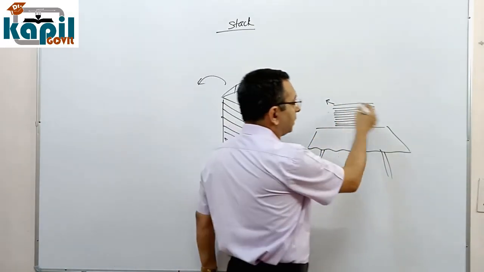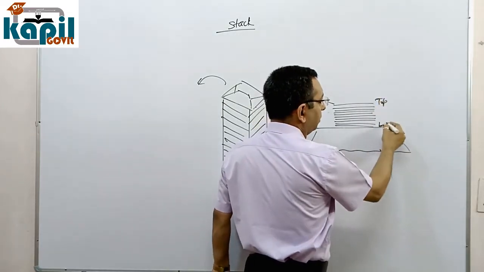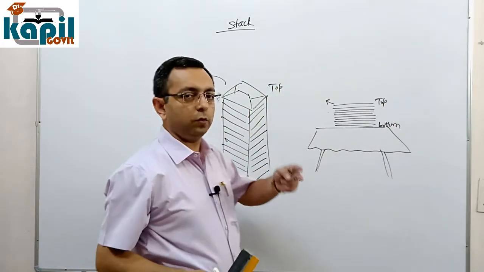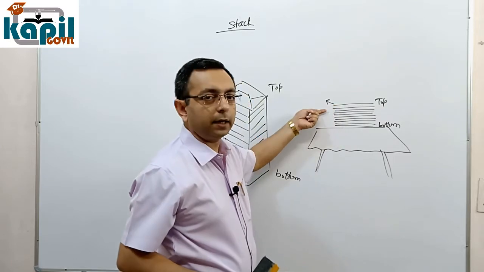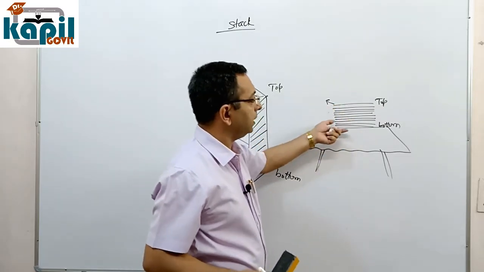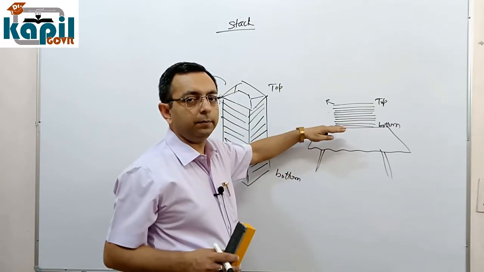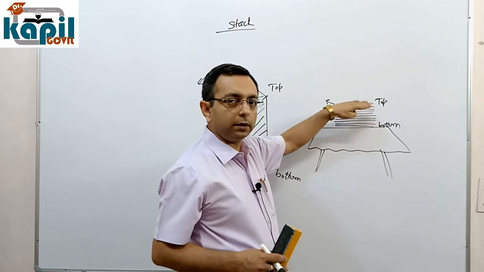So what is the structure of this? This will be called the top, and this will be called the bottom. If you have to select two plates, then you will select from the top, first and second. You will not select from anywhere else or at the last. Suppose you have to insert or return any plate, then you will insert it from the top section.